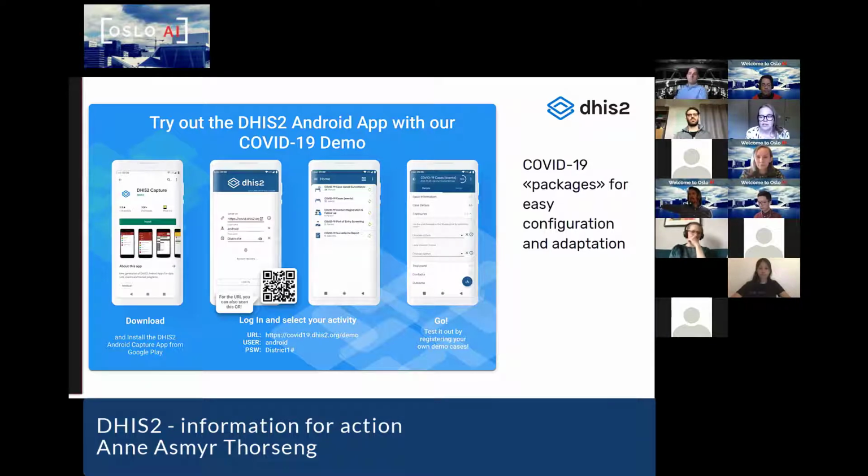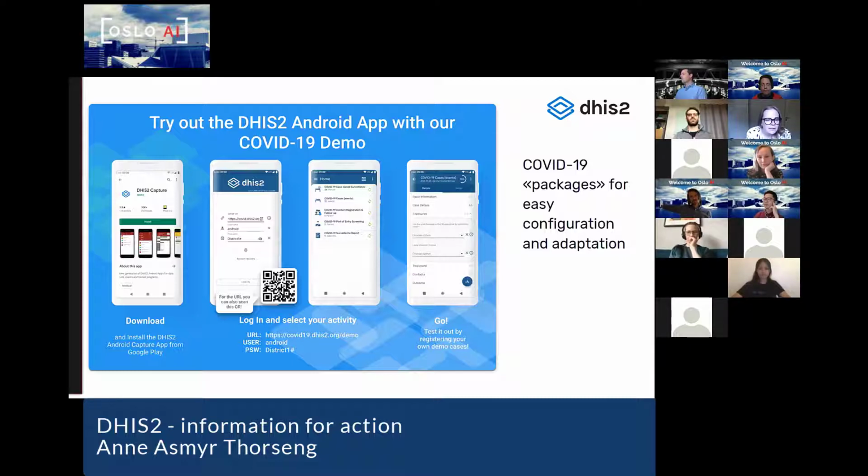This was possible because the technology is pretty flexible, and there is already existing knowledge about how to use it in all parts of the world. The software is also very well known in ministries of health. So when they had to decide, oh my God, how do we track COVID data, DHIS2 was an easy choice, because it's familiar to them and can be easily supported because the competence is there.